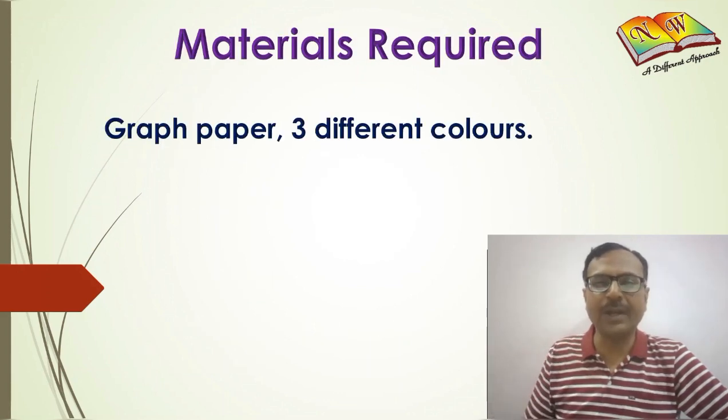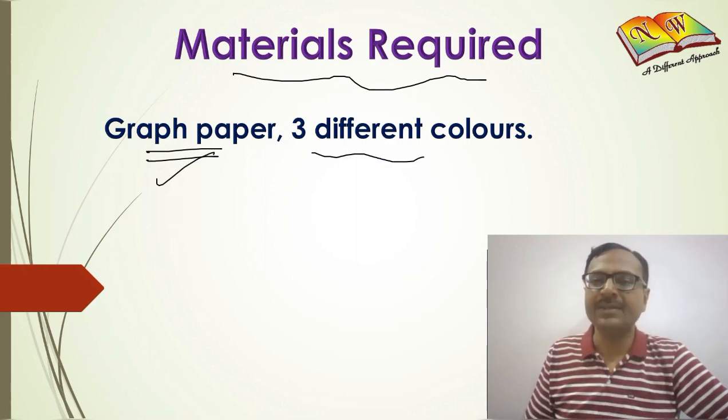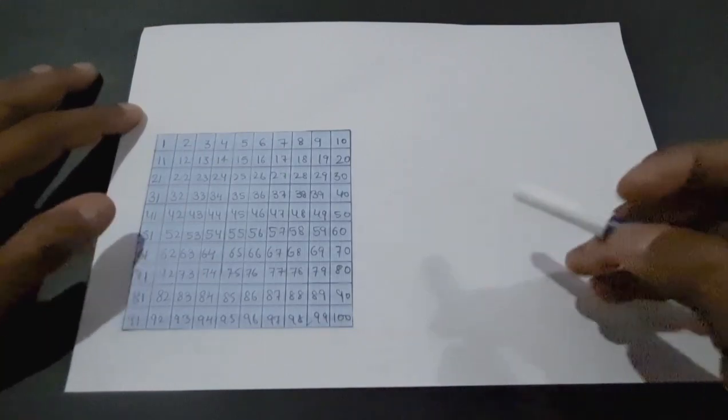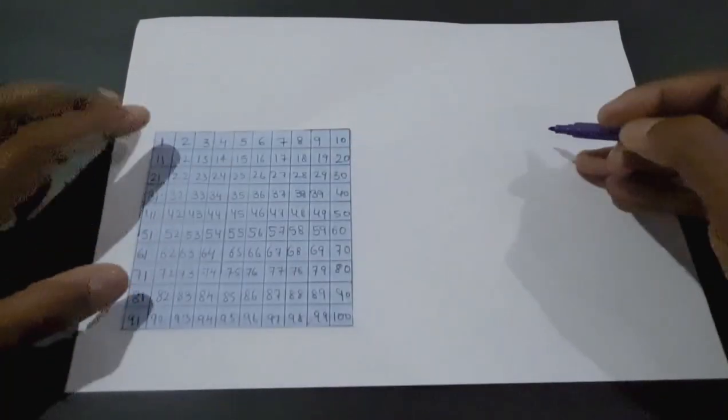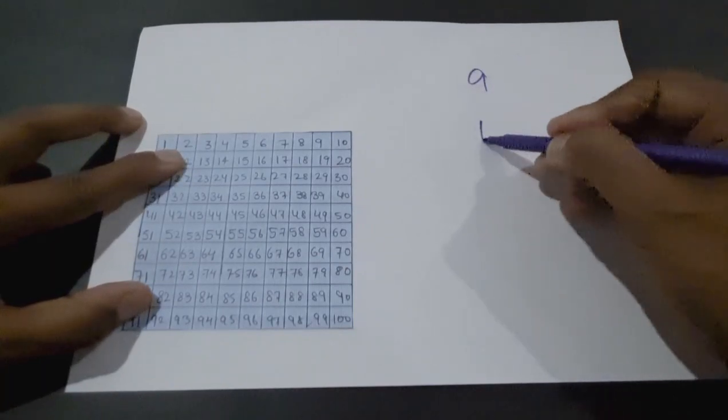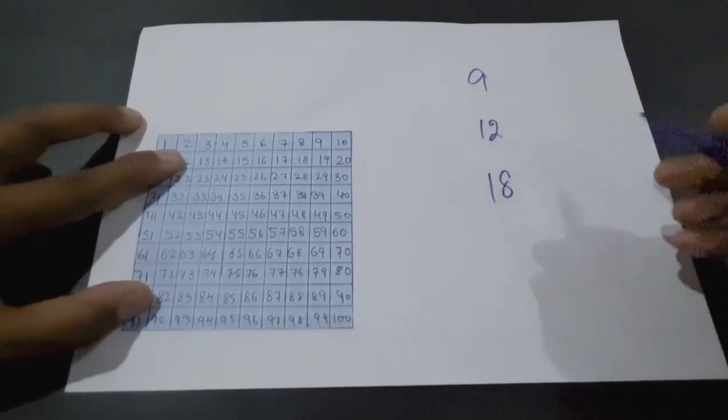The material required to perform this activity: you will have to take some graph papers and 3 different colors. Let's perform this activity now. To perform this activity on finding the LCM of 9, 12 and 18, we have taken